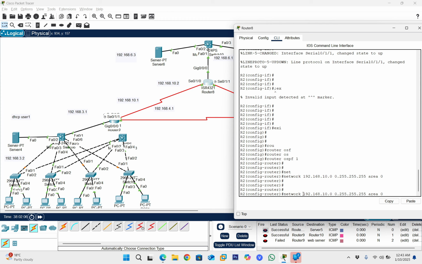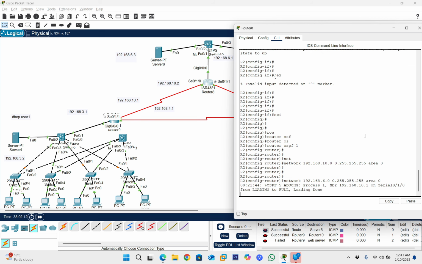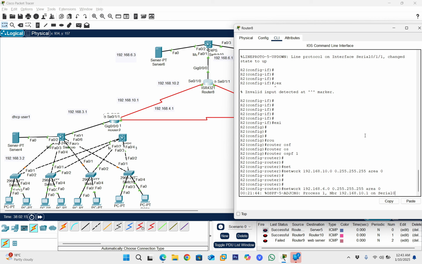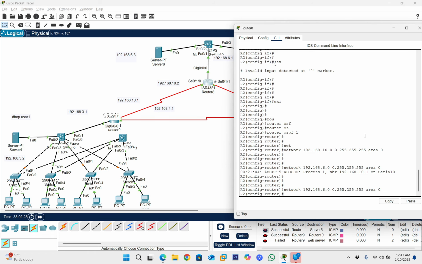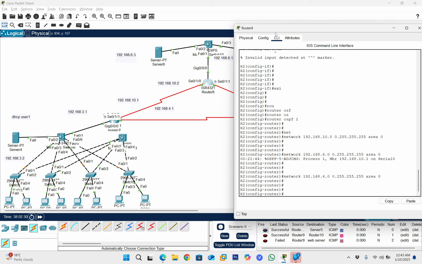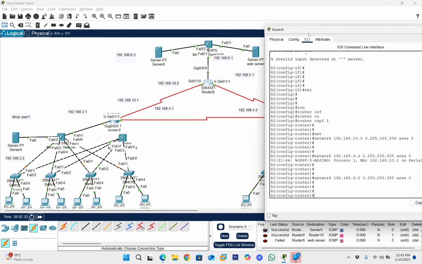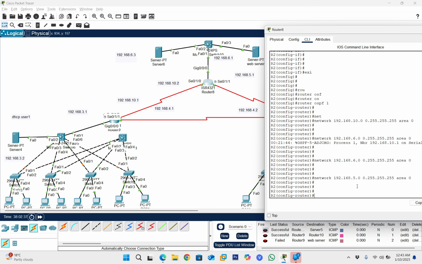And the next network will be 6.0. Let me enter here once again. 6. Okay, and the other network will be 5.0. Okay, so this 3 network added,